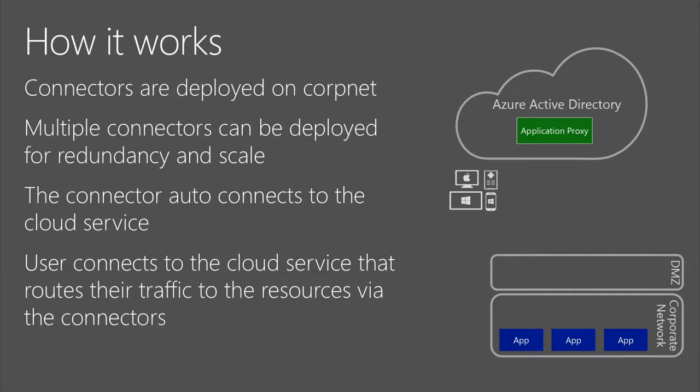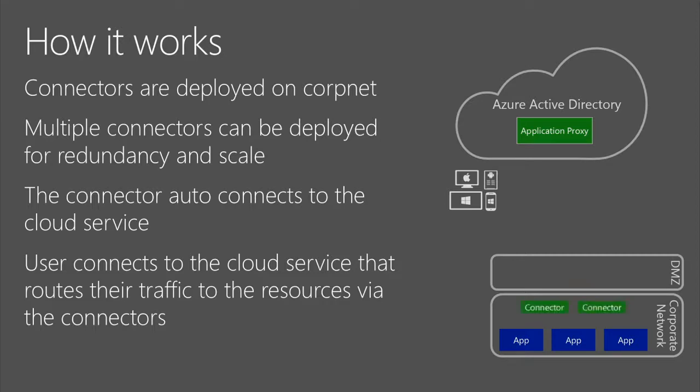Per app VPN, per se, still requires the user to ingress, to come from the internet into your network, which means that either you have to do a lot of setup around that VPN to fence only that application in, or the user is now on the network, and it's not necessarily that the user is malicious, but you've exposed them to more than you needed to. And so you're reducing your own security. Well, with the Azure AD application proxy, web application proxy, you can just simply publish those applications out.